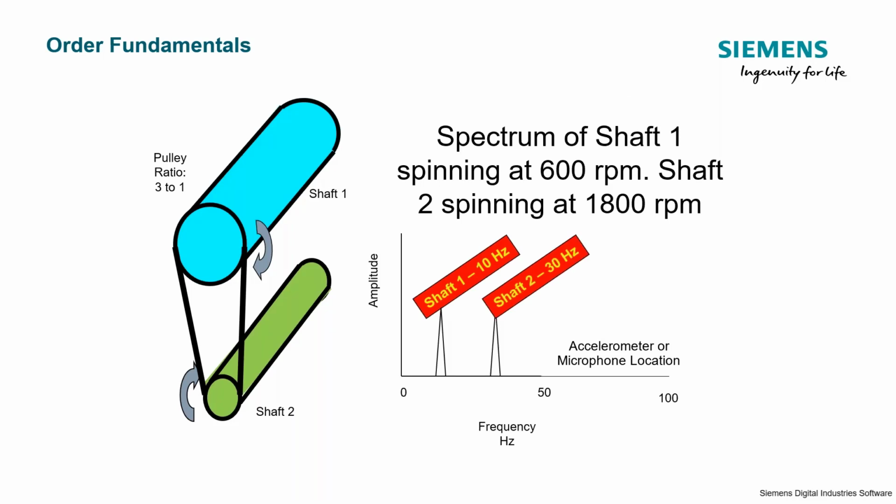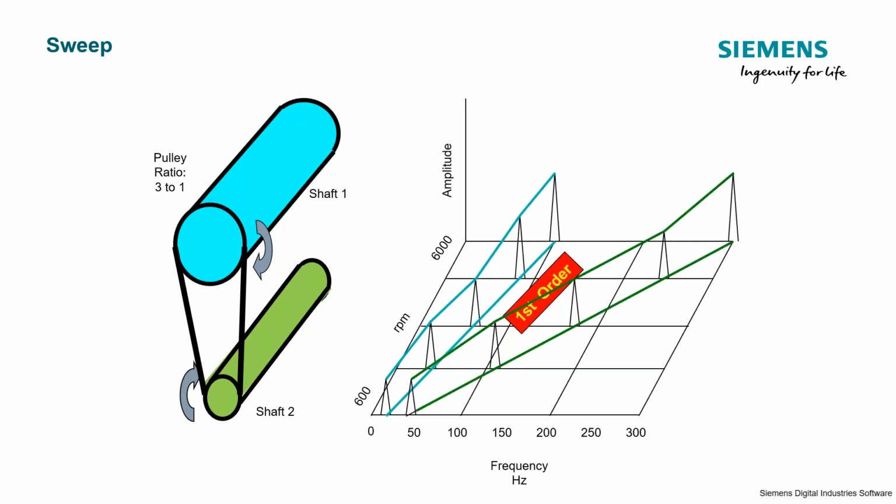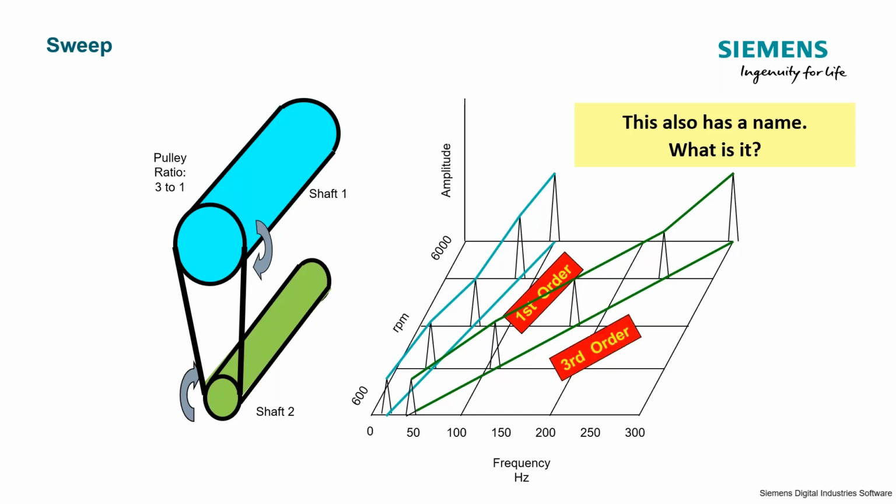And so we can plot this on the same graph that we used for shaft 1. We have shaft 2 now with a frequency at 30 hertz and a measured amplitude. We go through those same speeds and we'll get a second plot. Now, this order cut has a name as well. We went through this math and we got our first order. Now that we have a pulley ratio of 3-to-1, we've got this second order cut highlighted here in the graphic, and that name would actually be third order.